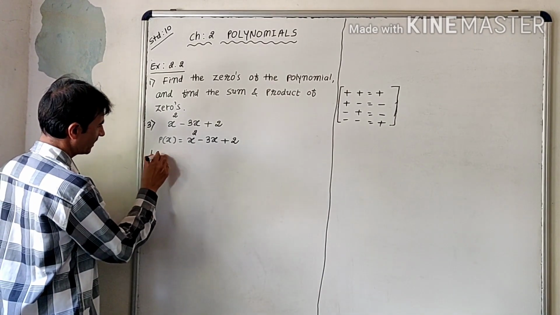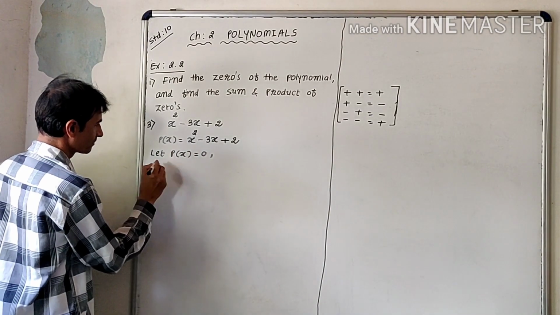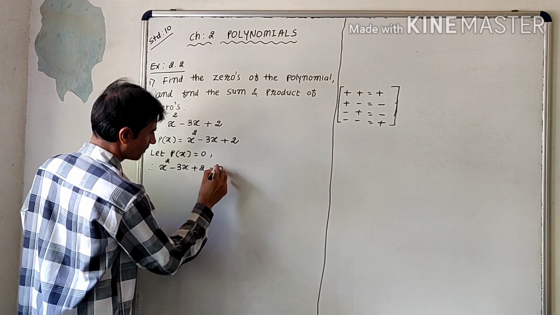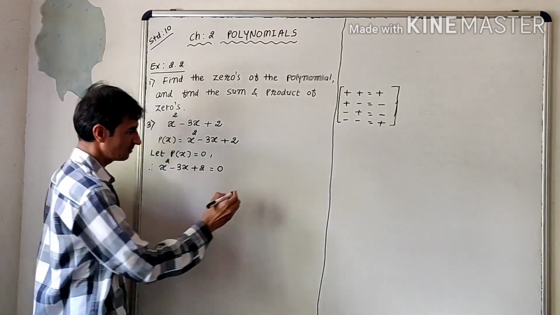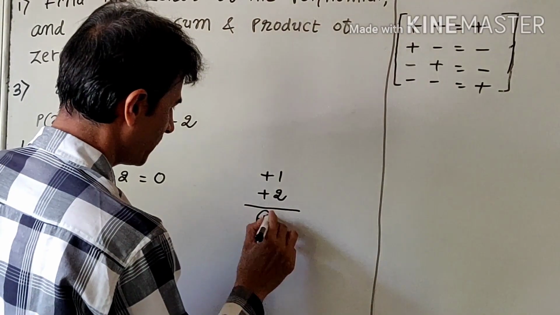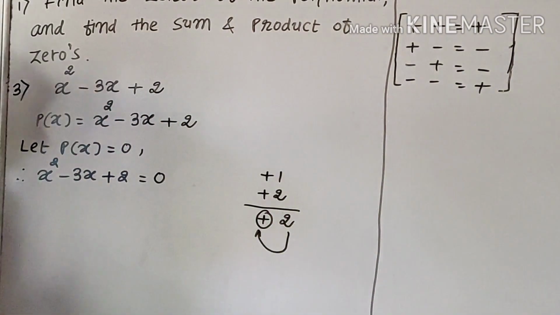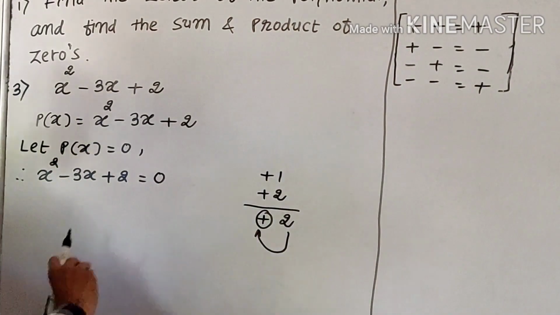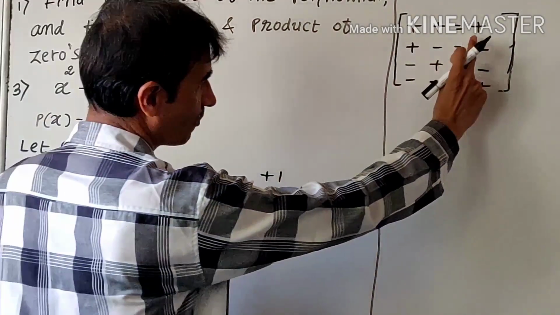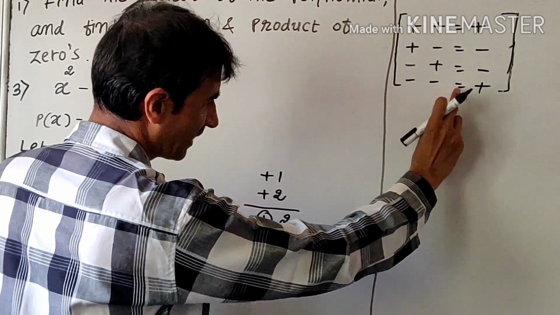Now, first of all, write down let P of x is equal to 0. Now, x square minus 3x plus 2 is equal to 0. Now, the first term coefficient will be plus 1. The last term coefficient will be plus 2, and 2 ones are 2. I want the middle term by the addition of the factors of the 2. Here quite simple, 2 ones are 2 and 2 plus 1 gives me the 3. Here positive sign means I can go for either this or this. But here minus sign means we can apply the minus plus.